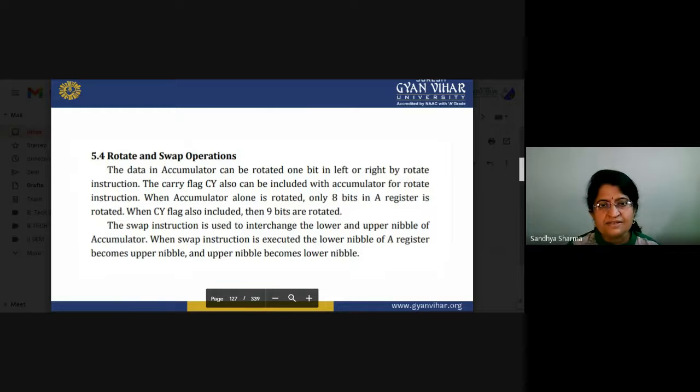The swap instruction is used to interchange the lower and upper nibble of the accumulator. When the swap instruction is executed, the lower nibble of the A register becomes the upper nibble, and the upper nibble becomes the lower nibble. So that is basically how you can do the swap operation.